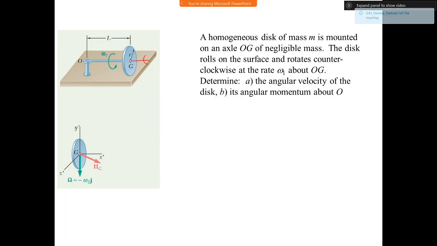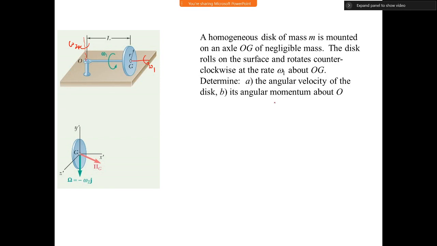As you can expect from basic physics, you can visualize that this point is going to move in this direction, and therefore this whole system has to rotate about this axis in this direction. So if this rotates like this, then for a pure rolling motion, the system will rotate about this axis with an angular velocity of omega 2. The question is, calculate the angular velocity of the disk and the angular momentum, which is what we have seen so far.